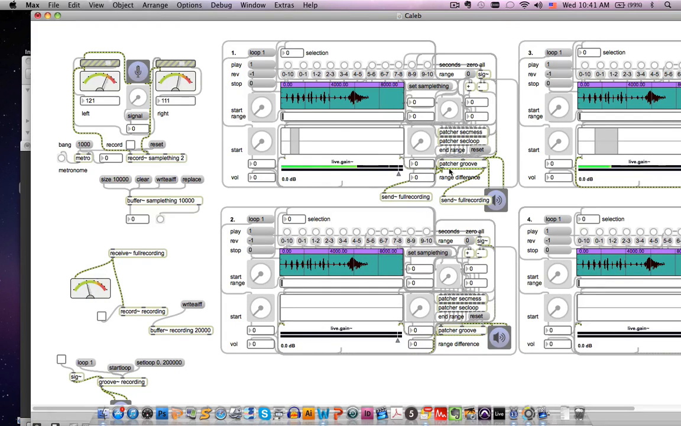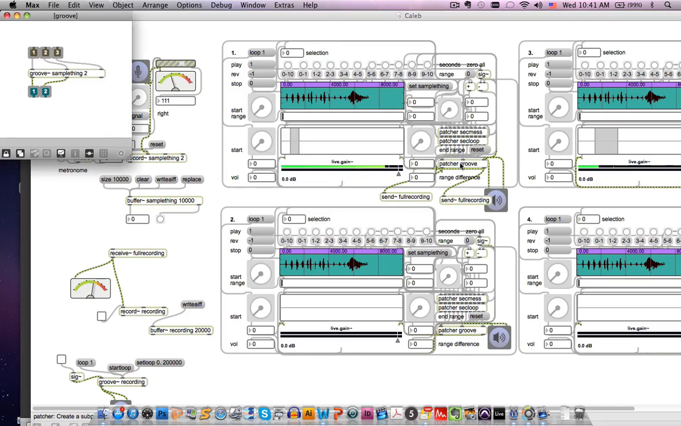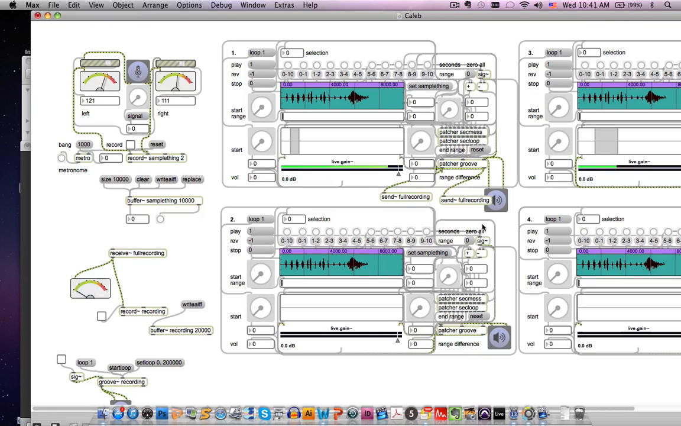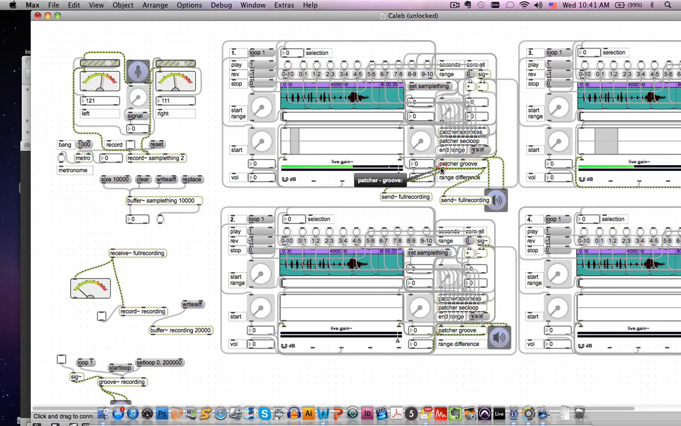What I did was, okay, here's the sub-patch of this groove that Caleb put in here. And it has two outlets, and if I unlock this little sub-patch, we see channel 1, channel 2. So those two outlets, which correspond to this channel 1 here, the groove, patcher groove, and this channel 2, those two outlets. So what I did was I made two send objects, and coming out of those two outlets,